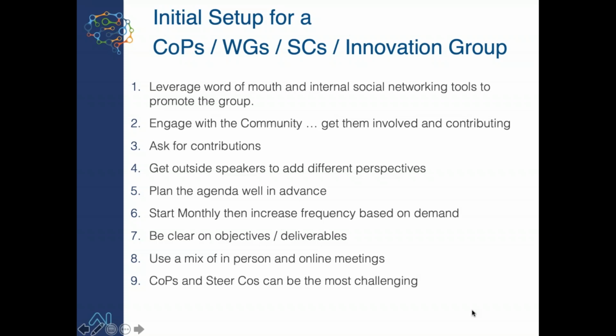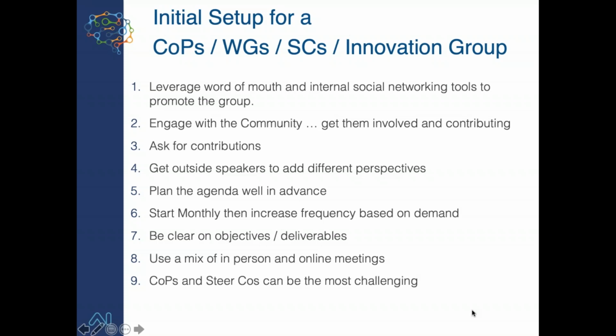Advertising the agenda. This is a really silly thing, really, but really important. Advertise the agenda well in advance so people know what's going to be discussed and talked about, so they can decide whether they actually want to attend the meeting or the call in advance. And I think that's just part of the publicity side of the community of practice.